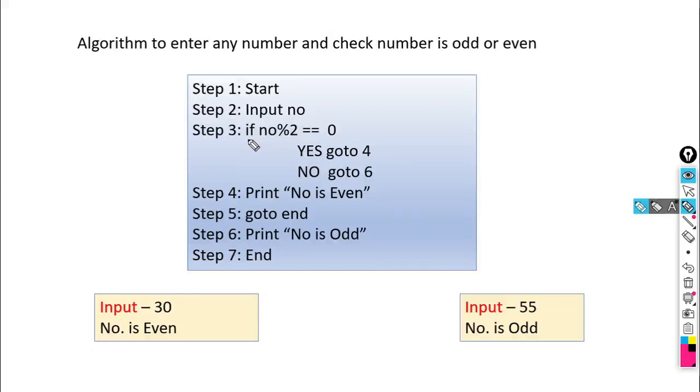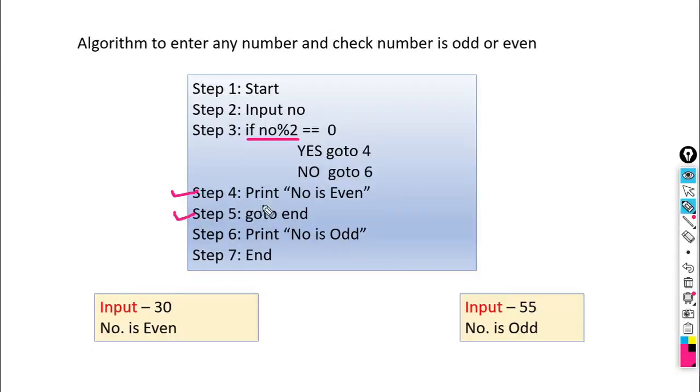So if number modulus 2 is equal to 0, go to 4. So two possibilities are there, if the result is true and if the result is false. If it is true, go to 4. What is the fourth statement here? Print number is even, and then step 5, go to end.